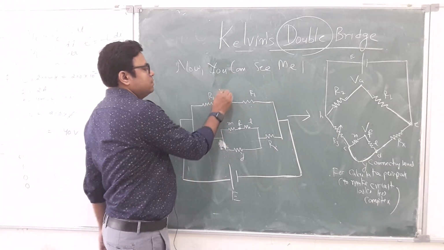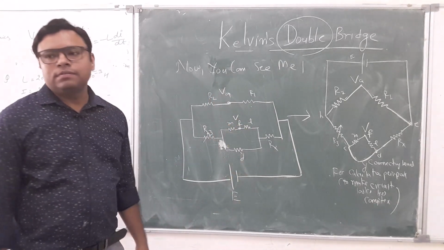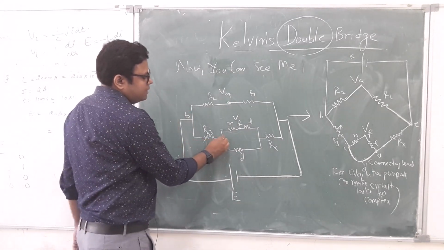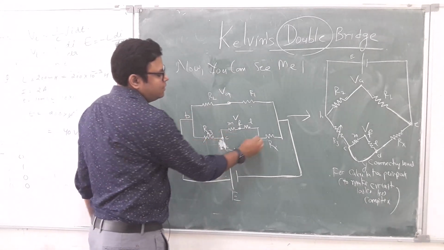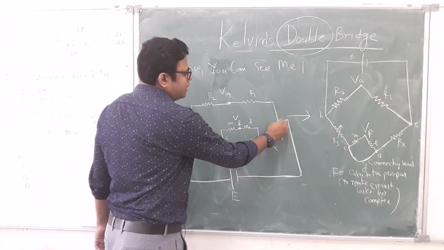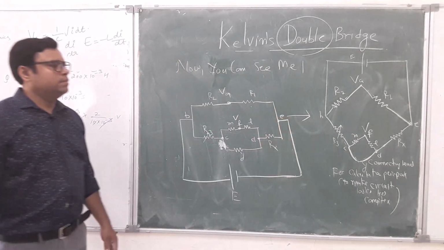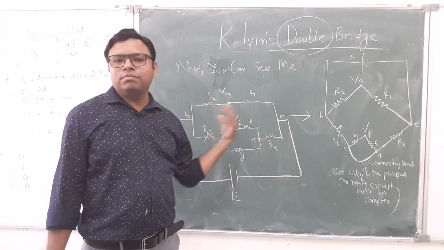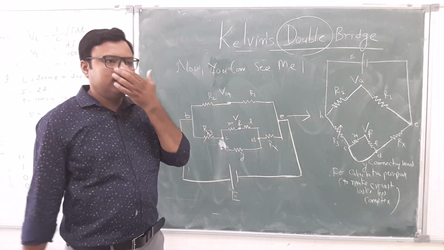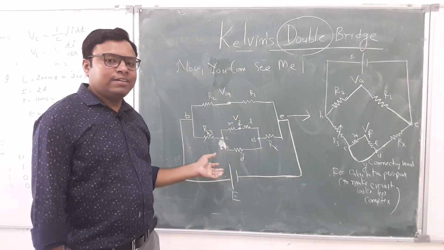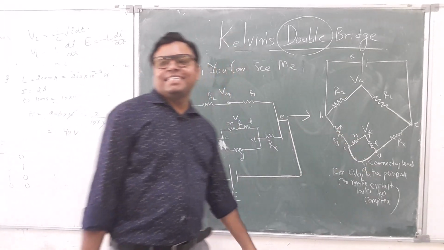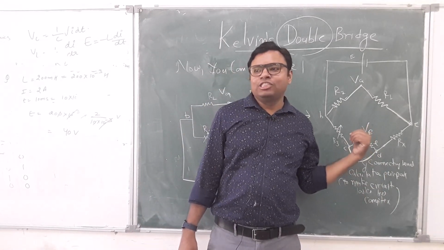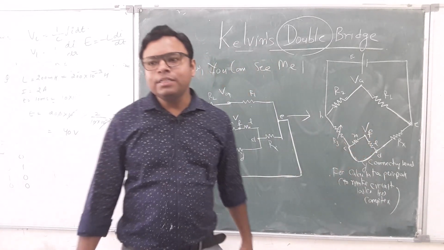So VA is VF, and this is B, this is C, this is D, and this is E. So which circuit do I go with, this circuit or this circuit? From which circuit should I proceed? Is this one fine or this one? This one is fine. This one is not fine? But think, try to think with this also. Make both.